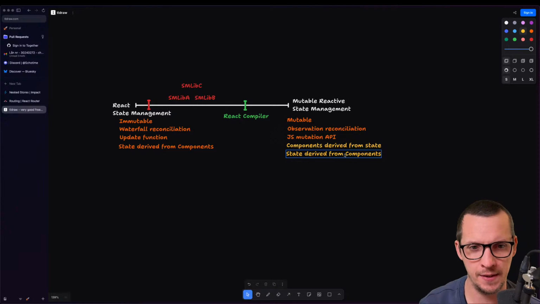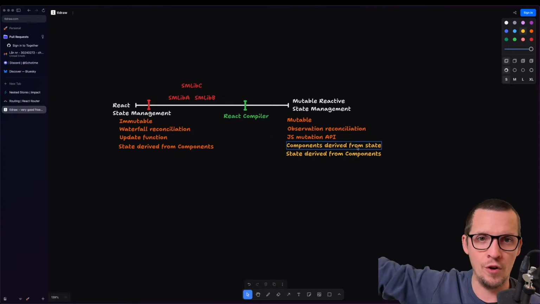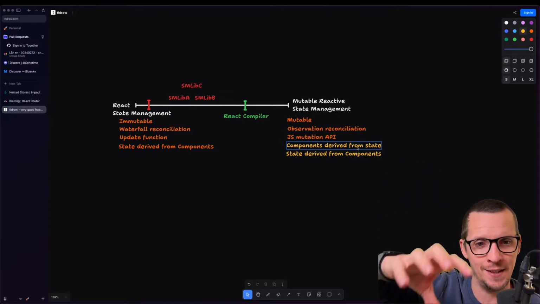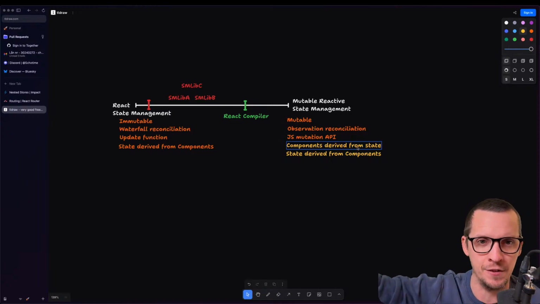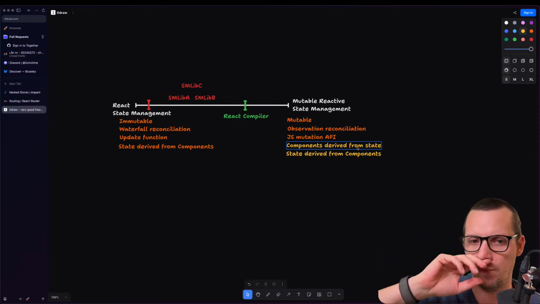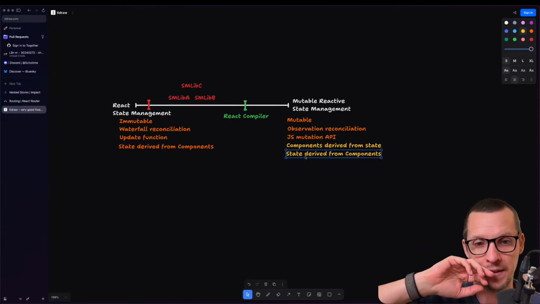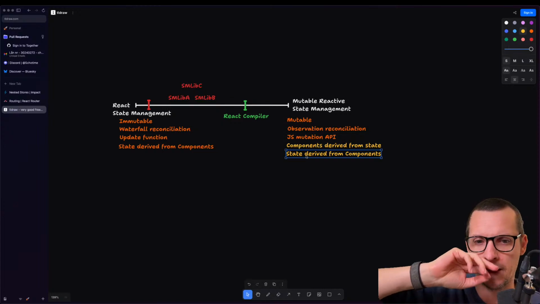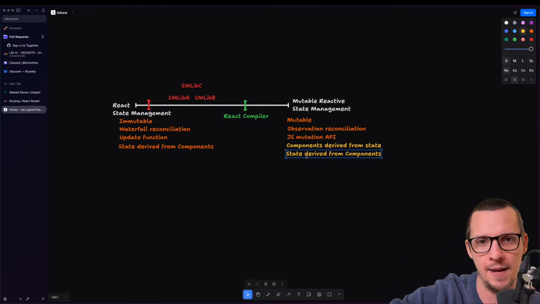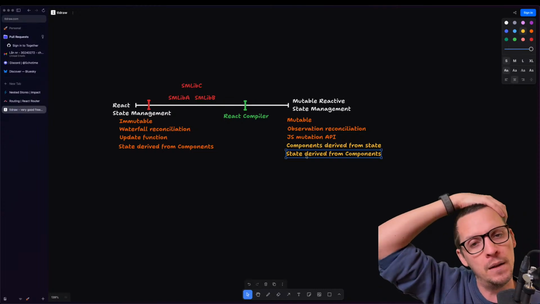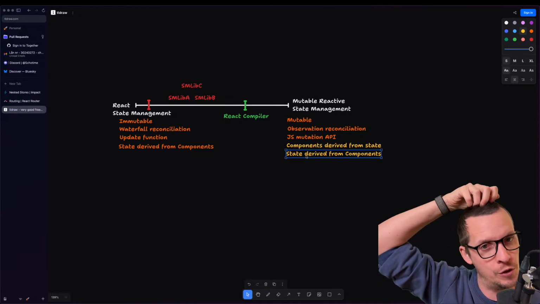And the way these two things differ is that in components derived from state, you do all your state management and orchestration externally. You shove a root object into your components and everything renders from that, just consuming your state management. Super dumb components. But in this world, you don't do everything externally and shove in a root object. You just have this new super performant hook called use reactive.